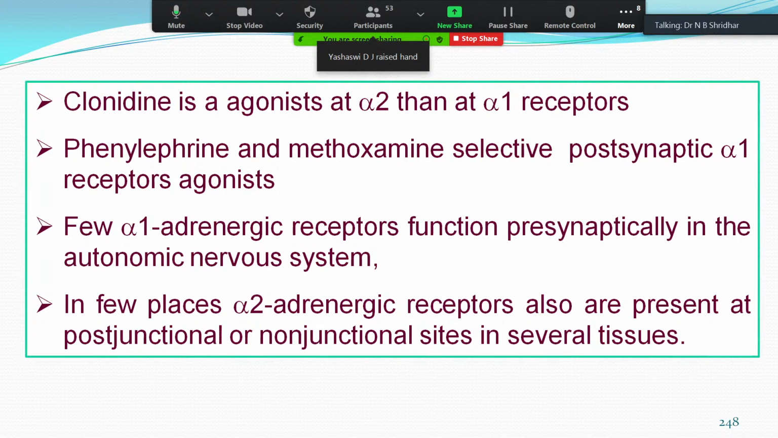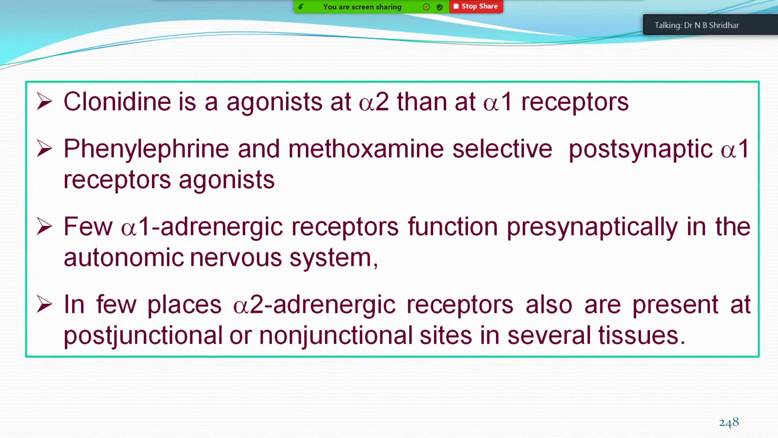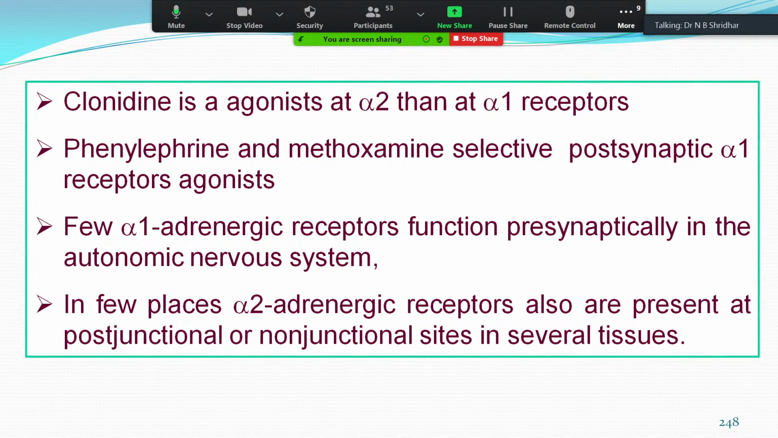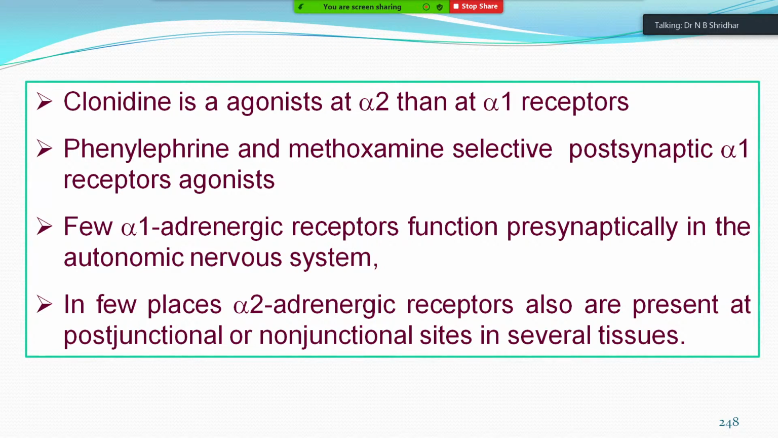Clonidine is a more potent agonist at alpha 2 than alpha 1 receptors. Clonidine is a specific agonist of alpha 2 type of the receptors, whereas phenylephrine and methoxamine are selective postsynaptic alpha 1 receptor agonists, whereas clonidine is an agonist at alpha 2 type of the receptor,